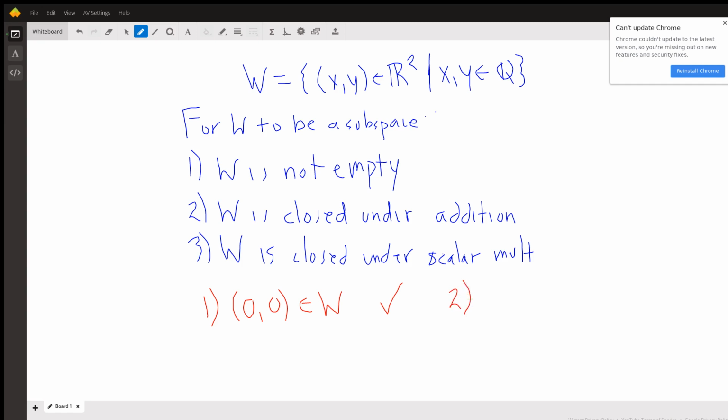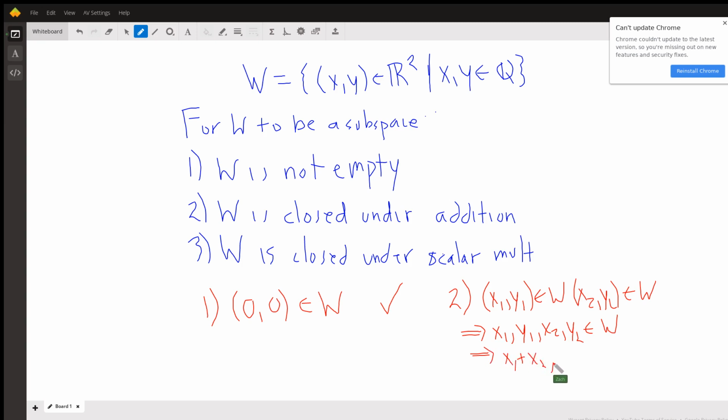If we have two elements in W, let's say (x1, y1) is in W, and (x2, y2) is in W, well, that tells us that x1, y1, x2, y2 are all rational. And if you add together two rational numbers, you're going to get a rational number. So this means that x1 plus x2 and y1 plus y2